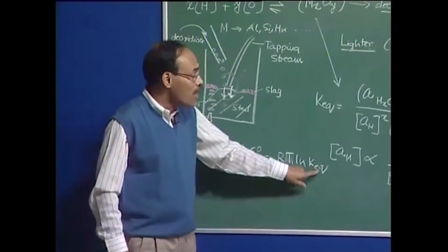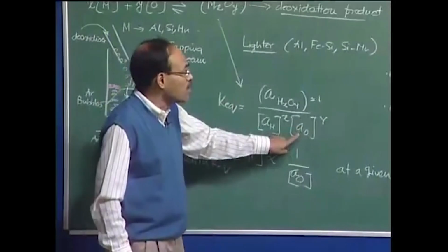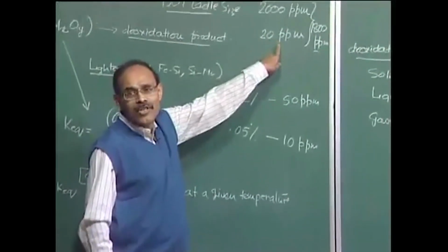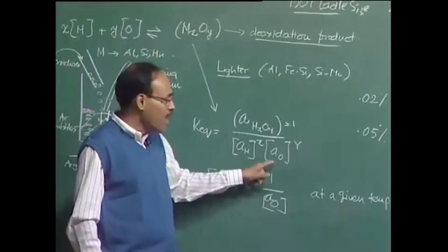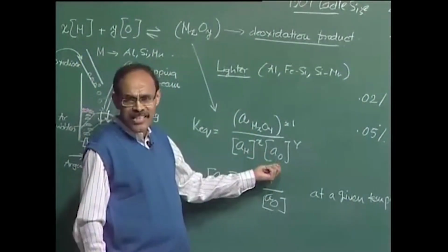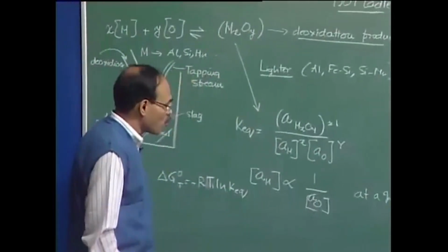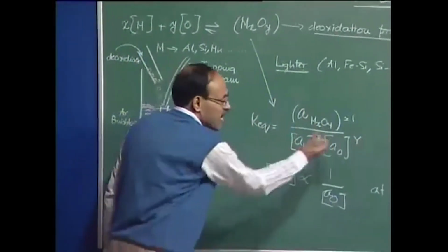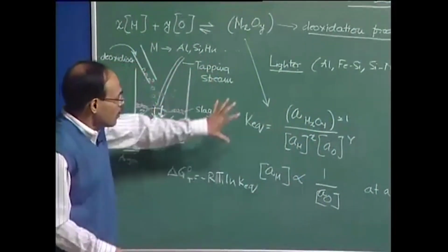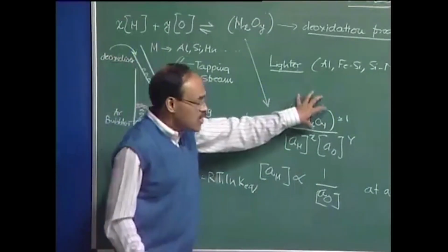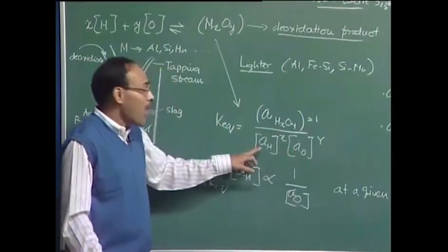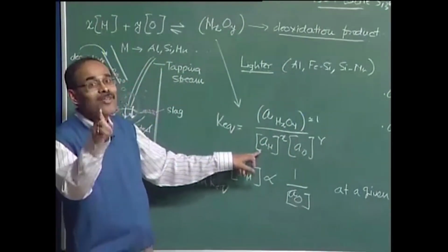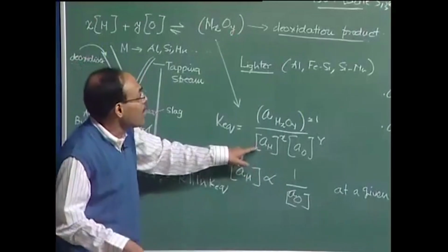of K equilibrium. So if I know the final level of oxygen in the bath, and that final level of oxygen is 20 ppm, of course, this is to be written in appropriate scale here. I can use a Henry activity or weight percentage scale or whatever comes out to be convenient. Typically, the weight percentage scale suffices here. So if K equilibrium is known for the given value of activity or concentration of oxygen, I will be able to find out how much aluminum is there in equilibrium,